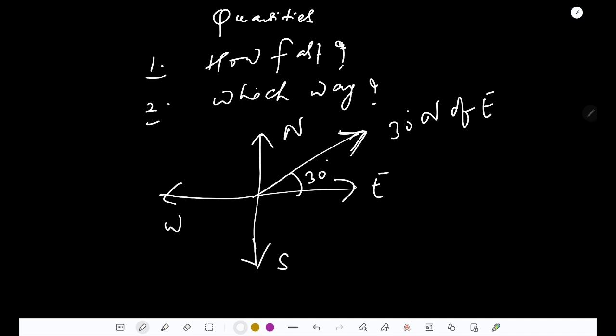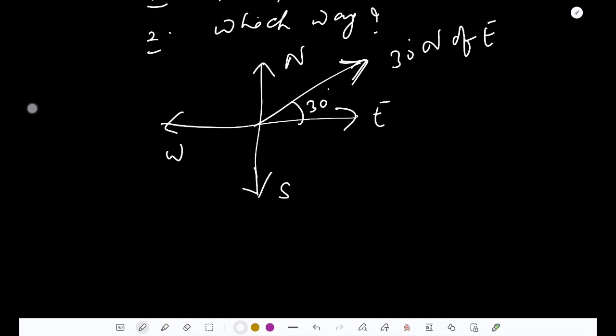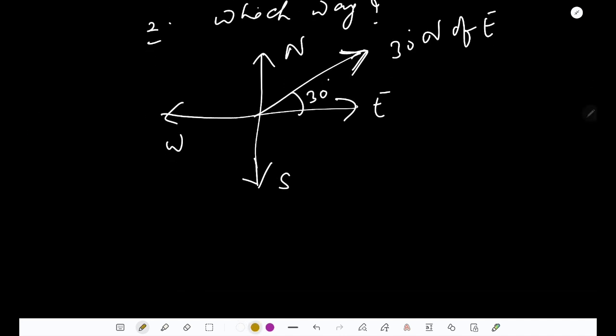Graphically, we may use a directed line segment or an arrow. This is the key here: a directed line segment or an arrow. Graphically, we use a directed line segment or an arrow to describe the velocity of a car. The directed line segment itself is called the velocity, whereas the length of the directed line segment, that is the magnitude, is called the